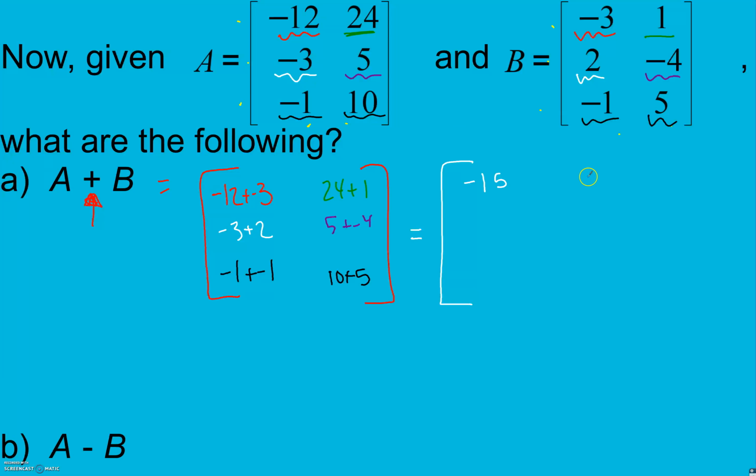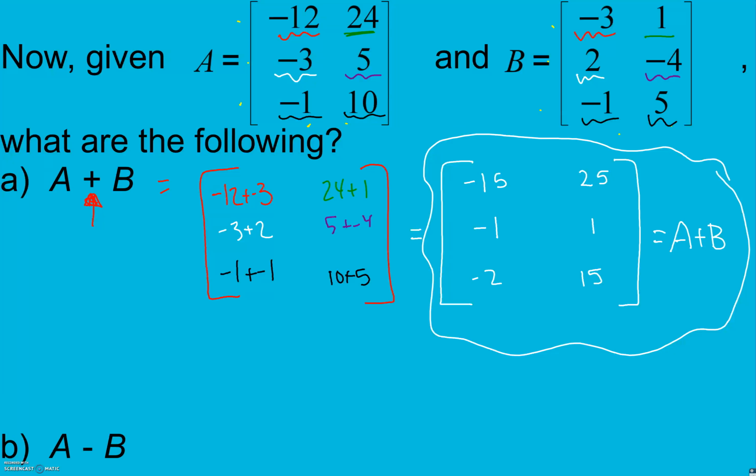-15, 25, -1, plus 1, -1 plus -1 is -2, 10 plus 5 is 15. Matrix A plus B equals